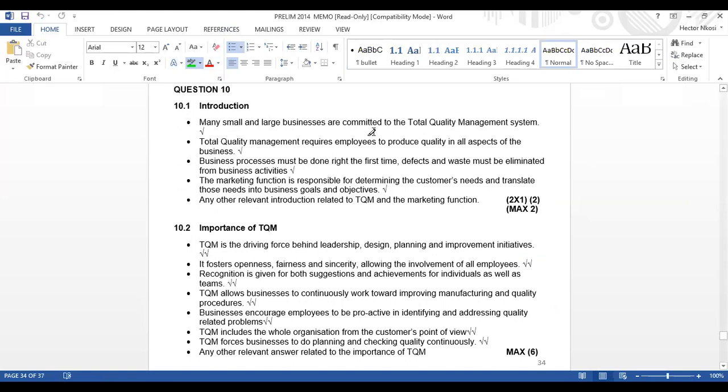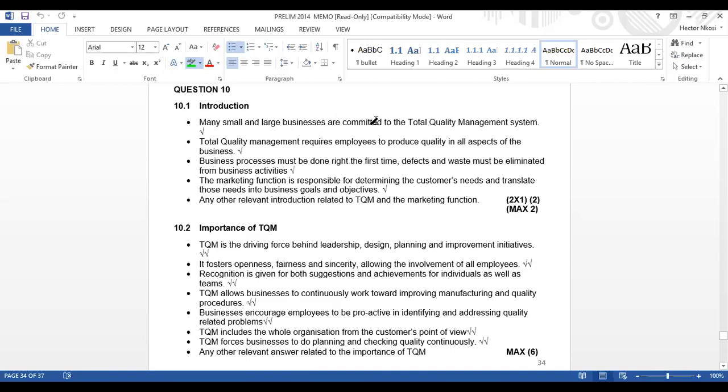Now, remember your intro, it's a maximum of 2 bullets because each bullet will have 1 mark. And remember, boys and girls, your intro is out of 2 marks, right? Your intro is out of 2 marks. So please don't waste time on introduction where else you've got 2 marks. So 2 marks, 2 points. Does it make sense? Sometimes if the marker is very lenient, they can give you 2 marks per point if your point is solid and enough, right?